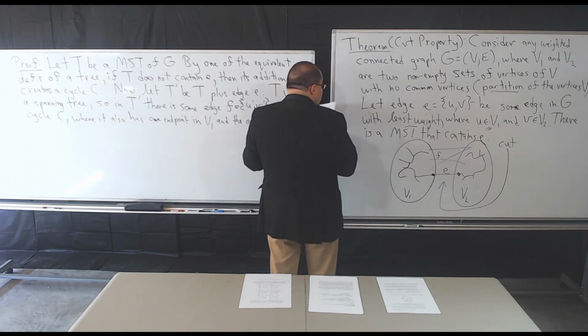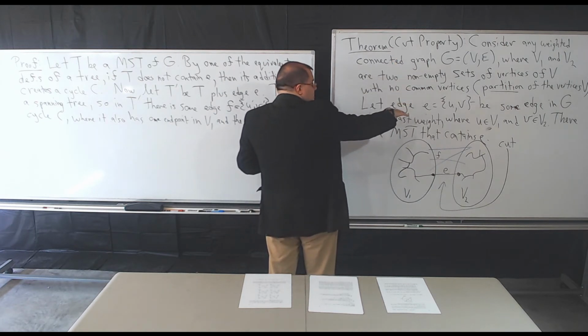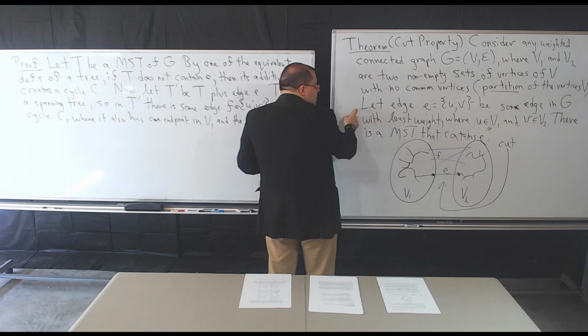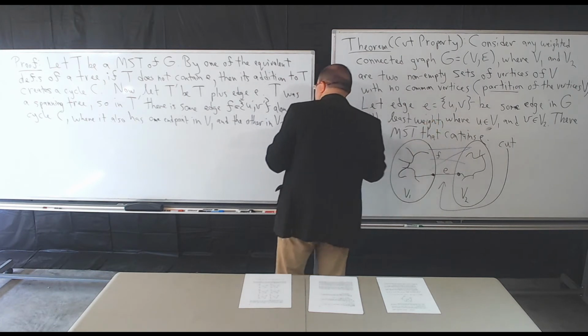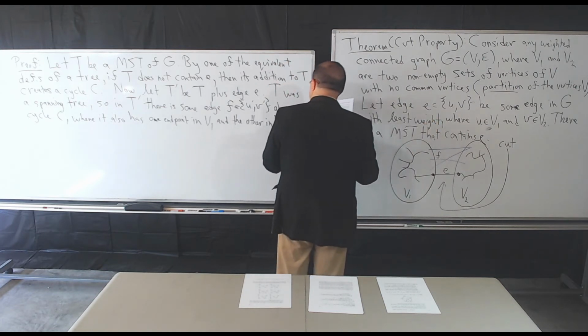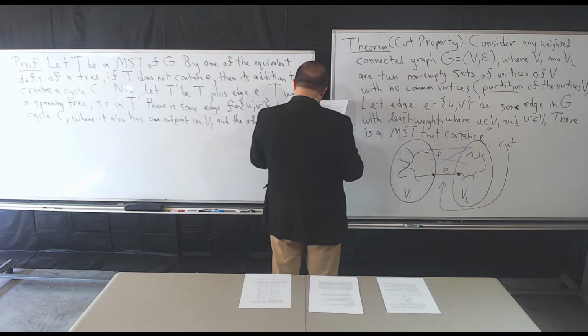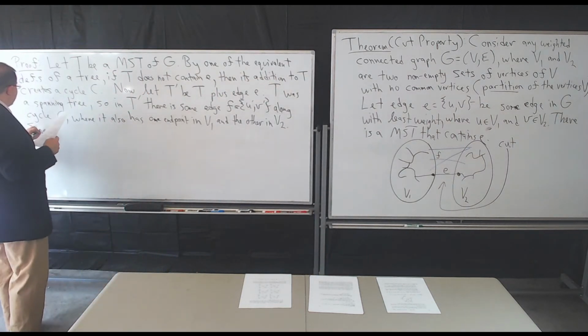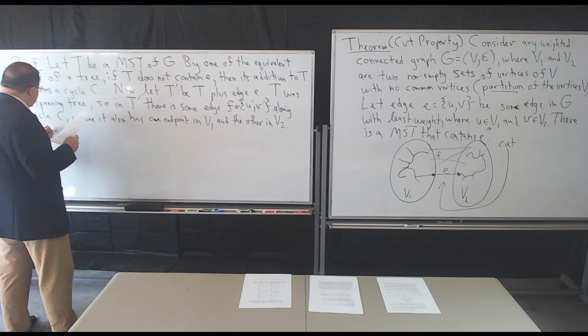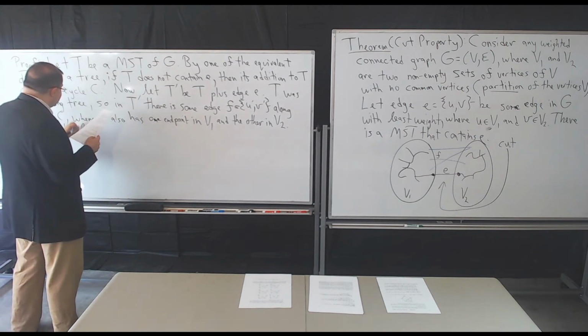Now, what do I want to say here? Now, I pick E to be the one with least weight from V1 to V2 across the cut. So I picked that one. But what does that mean? Well, since E has least weight